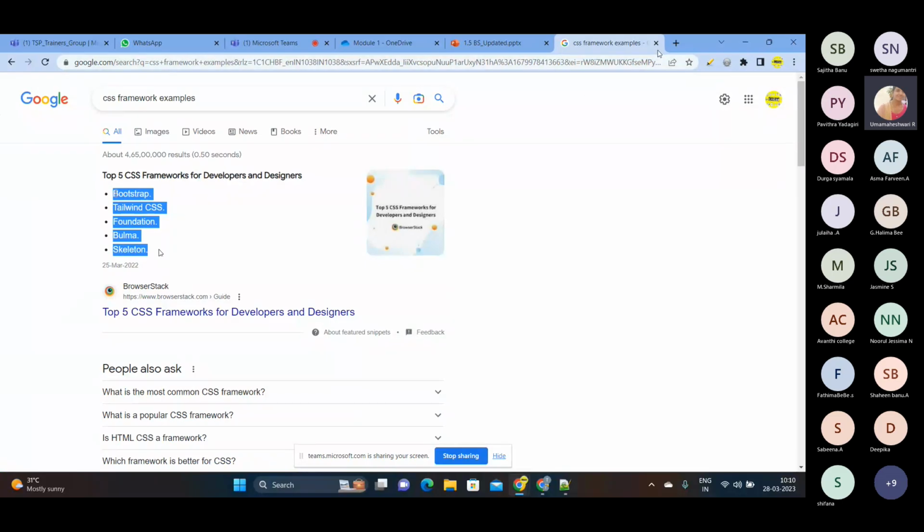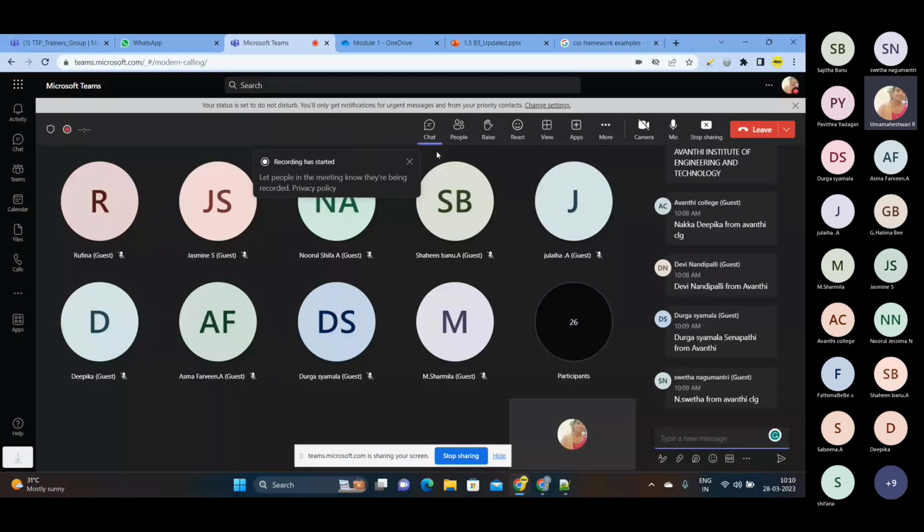Okay, so now we are going to learn about Bootstrap. So this is also developed by some developer who knows very well about HTML and CSS. From the name itself you can identify these are CSS frameworks. If you know HTML and CSS, you can create these sites. Okay, these frameworks, you can also do that. And now